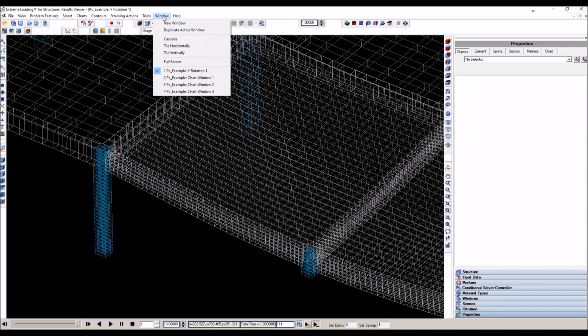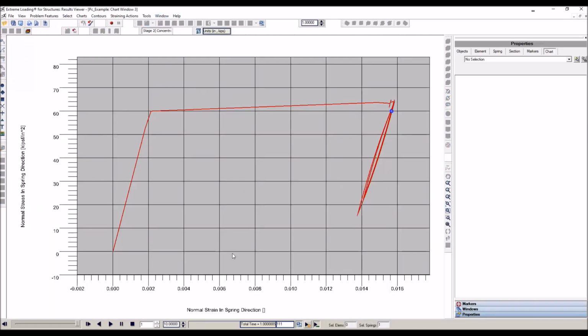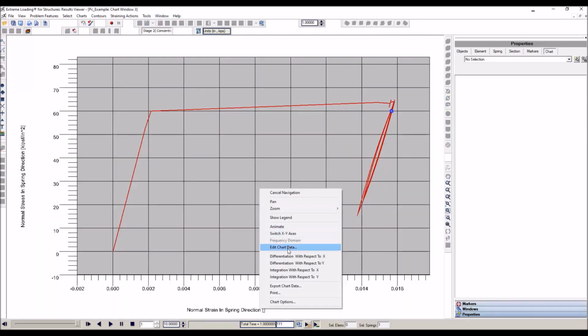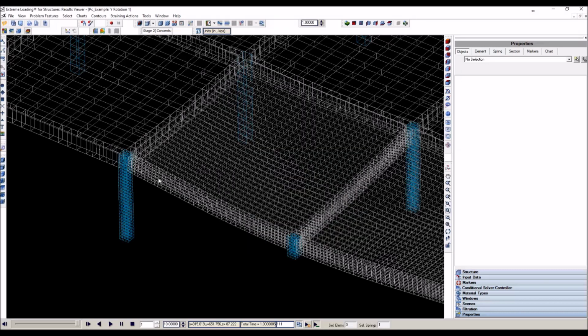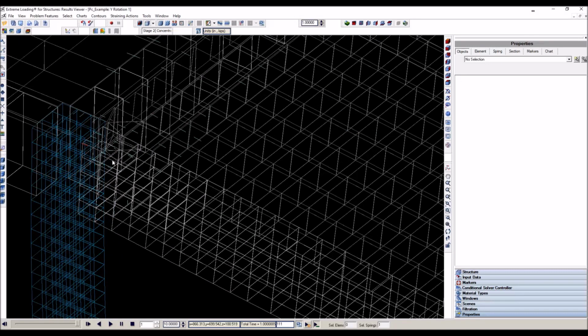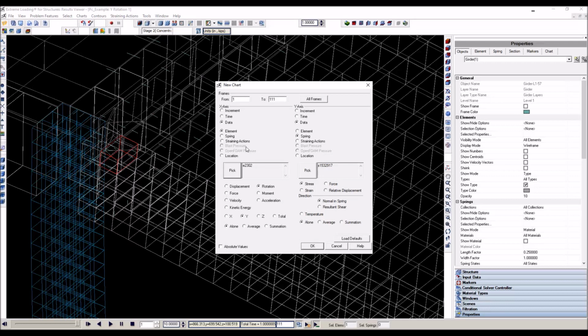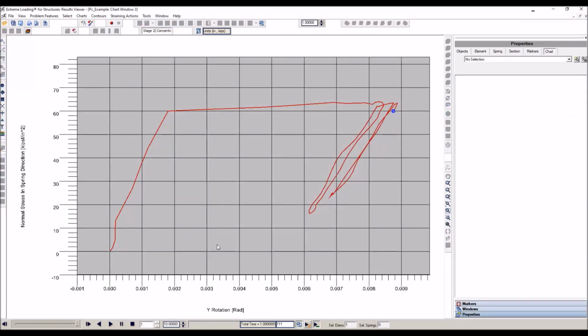Now I can go ahead and plot a chart between the spring. So I'm going to Windows. We have one of the charts for the springs. I can use the same one in here, edit chart data. On the x-axis, I'm going to put the element rotation around y, and I'm going to pick this element because this is the element where we have the maximum rotation, versus the stress in the bar, the normal stress in the bar. So we see here